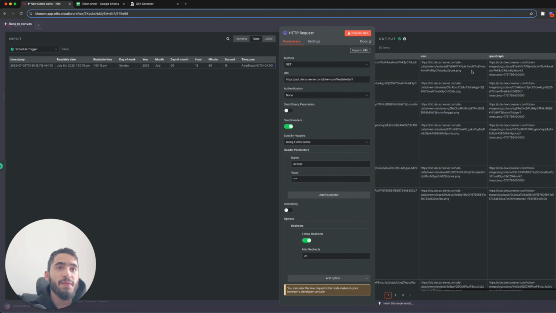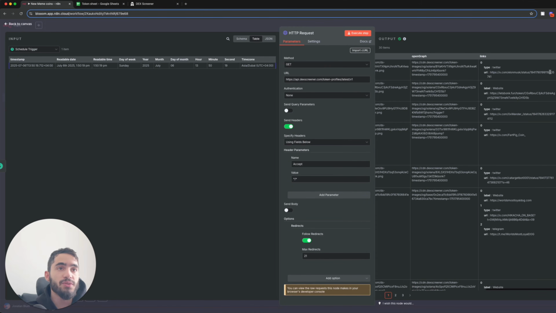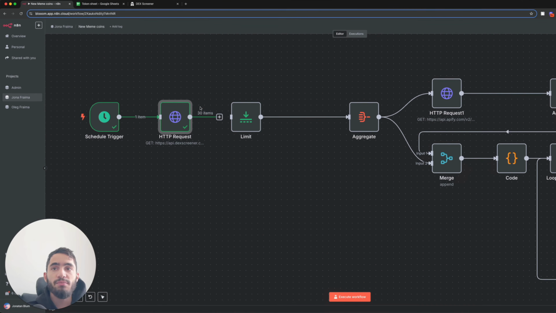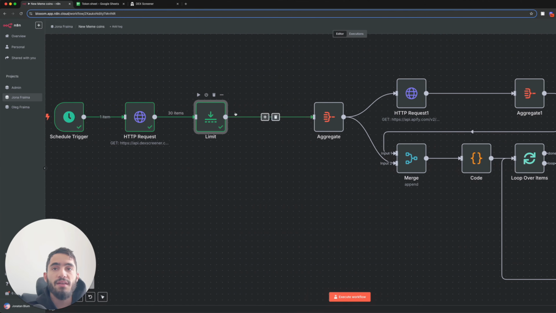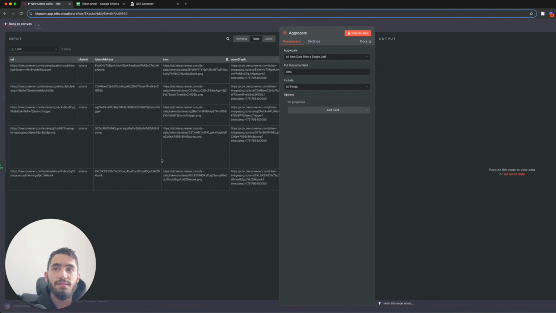We have some links here, like the token address, very useful, the Dexscreener link. So we get 30 items, and we don't need 30 items for now, so we're limiting that. So what we do is we can just still connect it. So we're limiting it to 10 or 5 because that's what we want right now. And then aggregating that list, because now it's 5